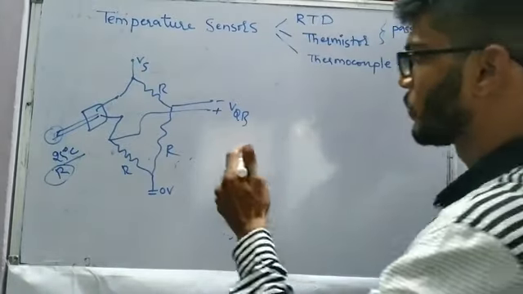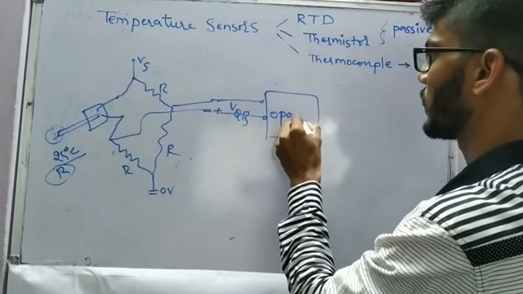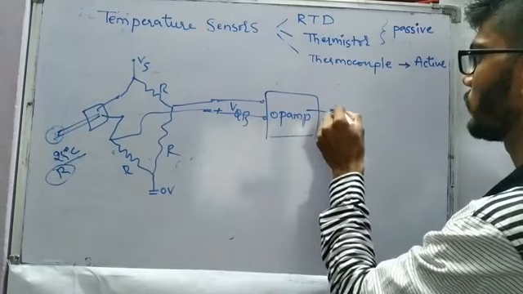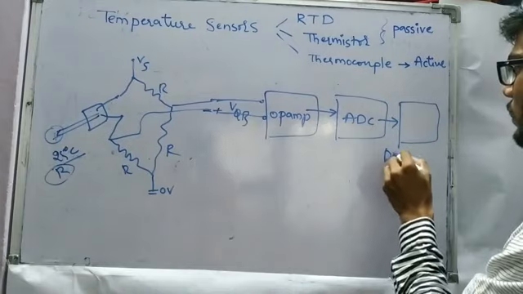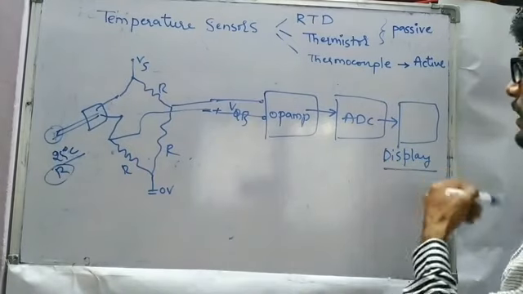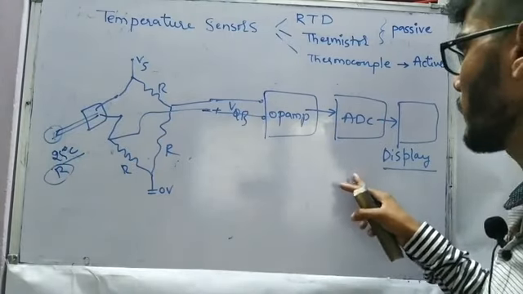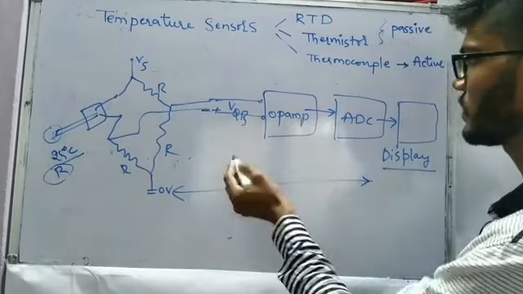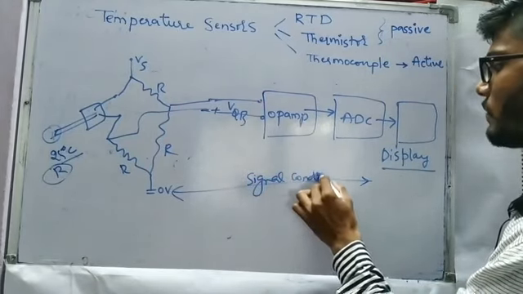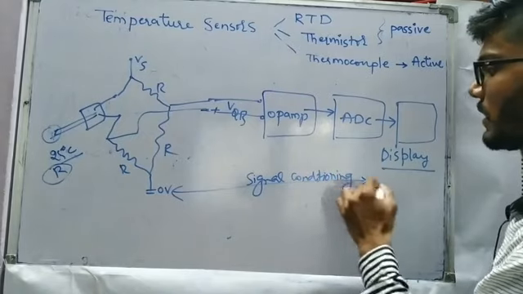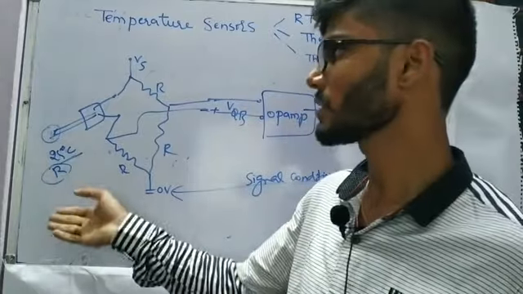So moving further, if we wish to amplify our output voltage from the Wheatstone bridge, we are going to make use of one operational amplifier, and then we will give it to the analog to digital converter, and then we will try to display it with the help of a display. So circuit number 1, signal conditioning; circuit number 2, operational amplifier; and circuit number 3, ADC. So Wheatstone bridge, op amp and ADC, combined, all these three are going to be known as signal conditioning circuit.